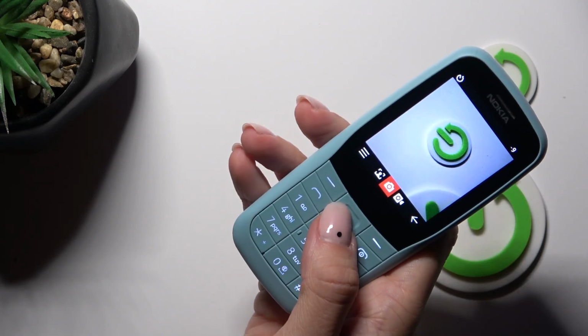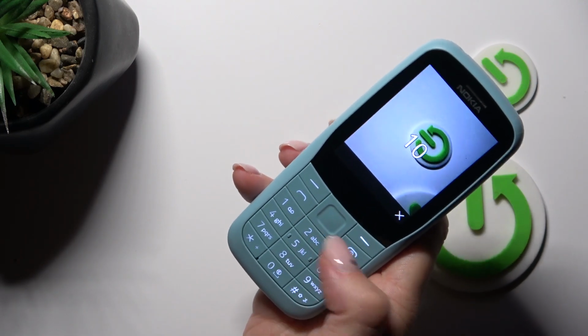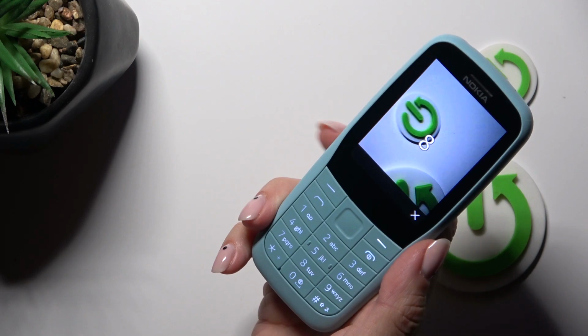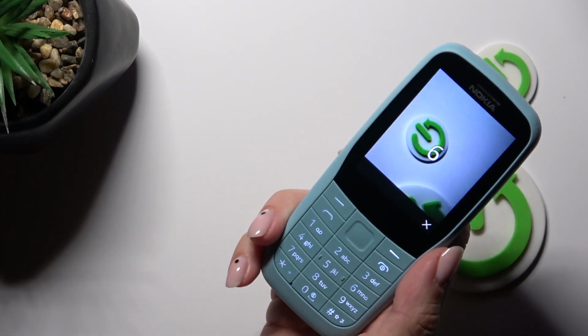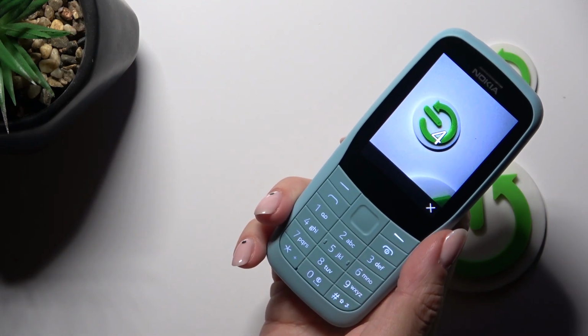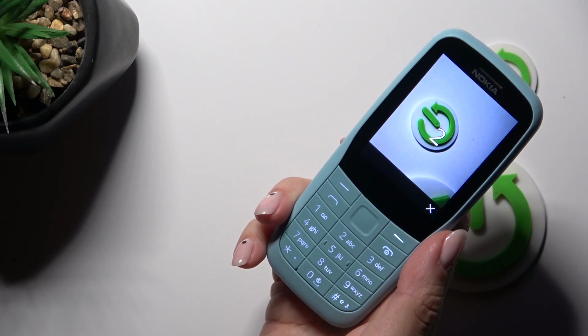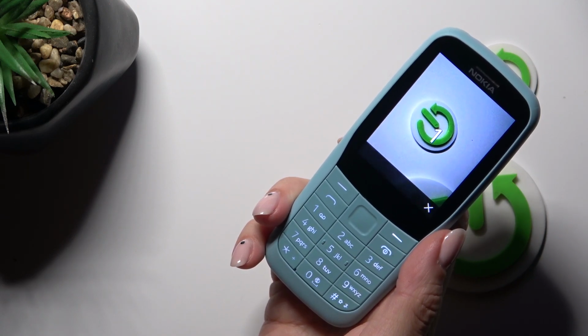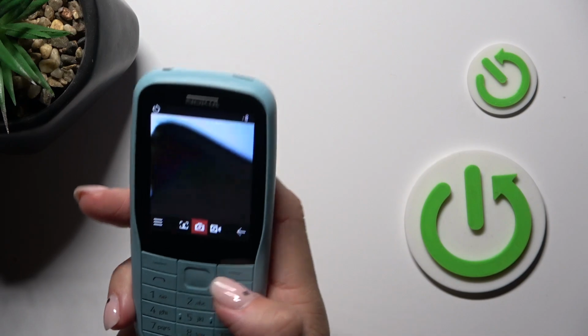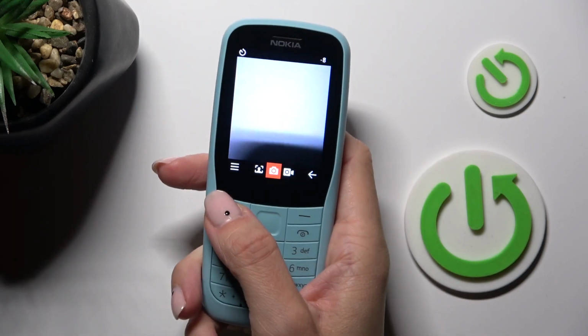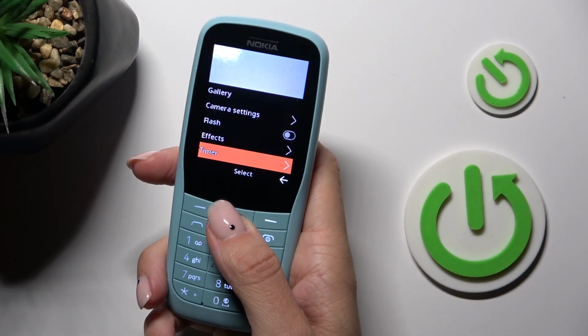So let me focus it on this hard reset sign, and now you can hear and also see the countdown. After that the picture will be grabbed. And that's it. Then if you wish to switch the timer off, tap on more icon, go to timer and